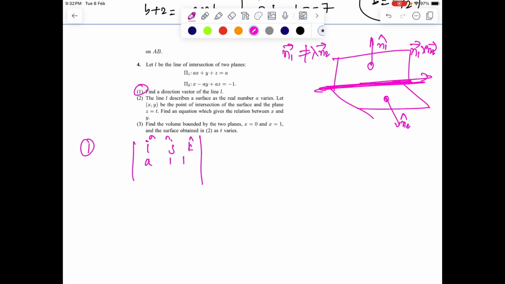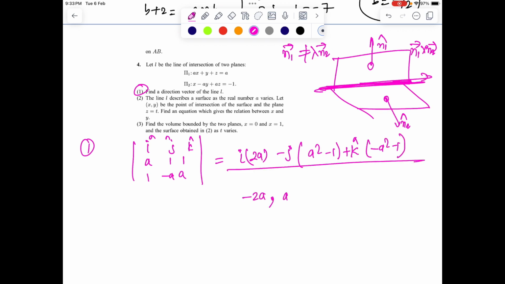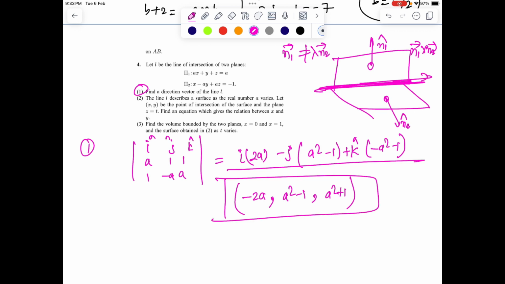In the i, j, k direction of the 3D coordinate system, we have the direction of the first plane as (a, 1, 1) and the second as (1, -1, a), and that gives us i times (...), minus j times (2a over a squared minus 1), and k times (minus a squared minus 1), which is basically the direction (-2a, a squared - 1, -(a squared + 1)). You can multiply even with a negative sign